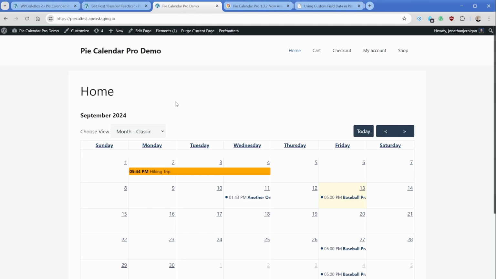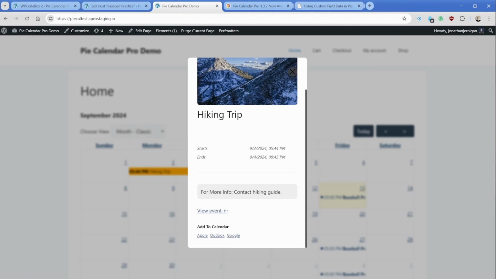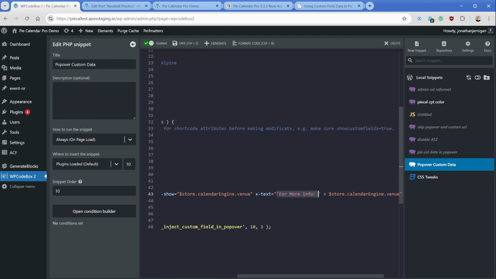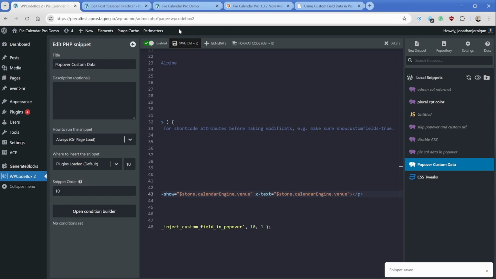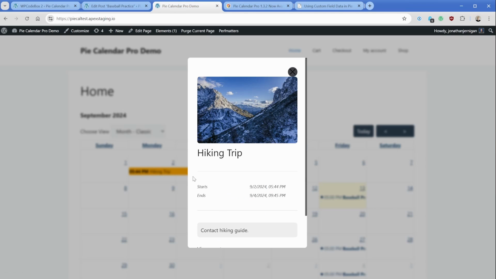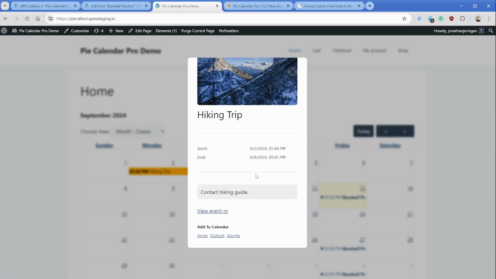And if we go refresh again on the front end, when we click on hiking trip, we can see that that content down here has changed to for more info, and then the value of our ACF field, which was contact hiking guide in this case. Now, of course, you could just simply delete that whole string right here and then just have the value of the ACF field. If we refresh, take a look,